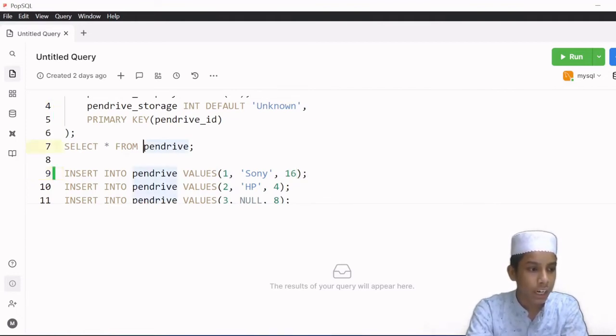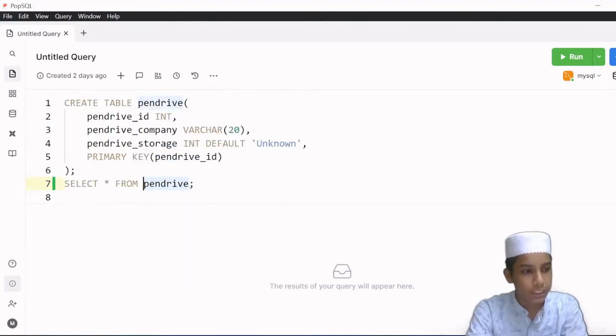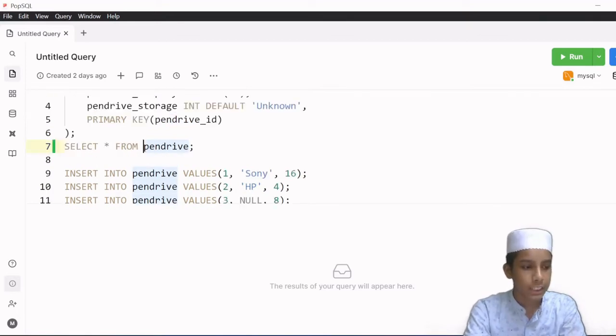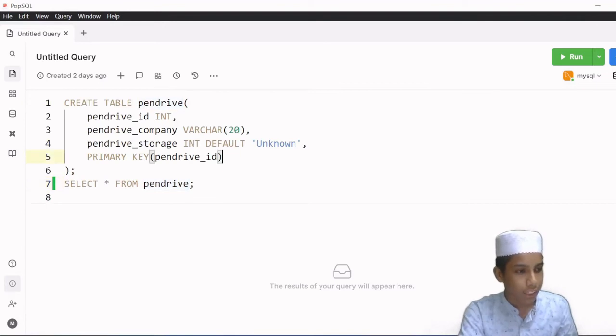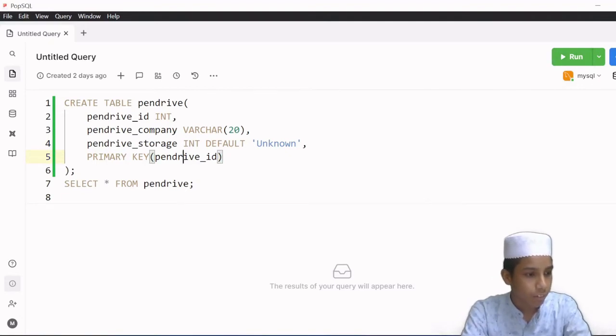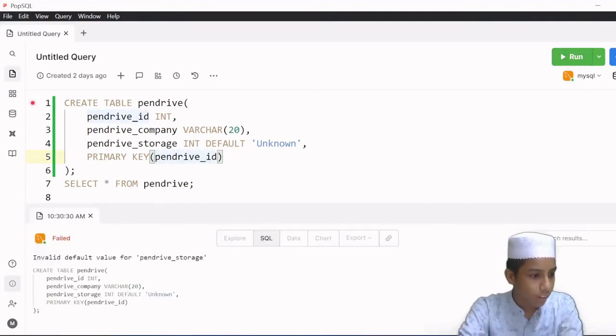then I will click here and describe the table. I want to see the table. At that time it will be showing this as unknown, which means nobody has entered its storage. So I am going to create this table again because I have dropped the table. So I will be running this program. I will click somewhere here, and now: invalid default value for pen drive storage